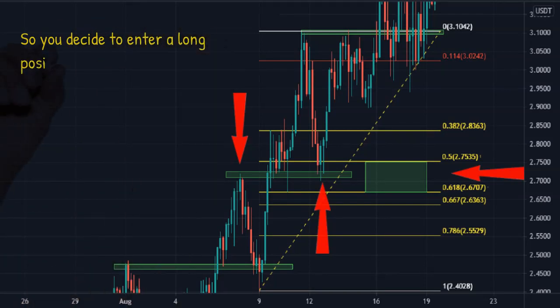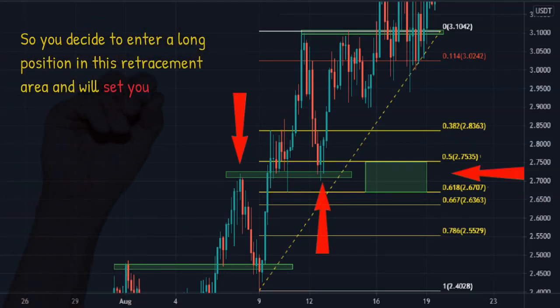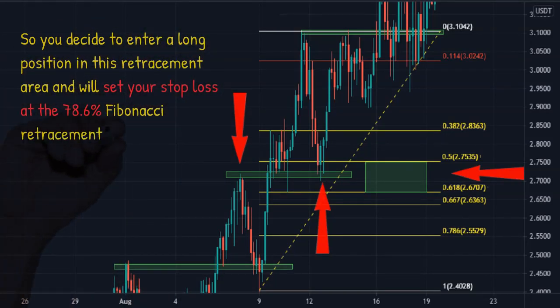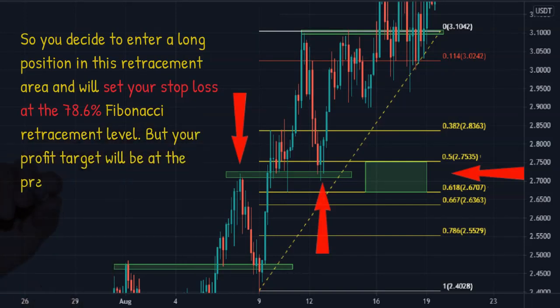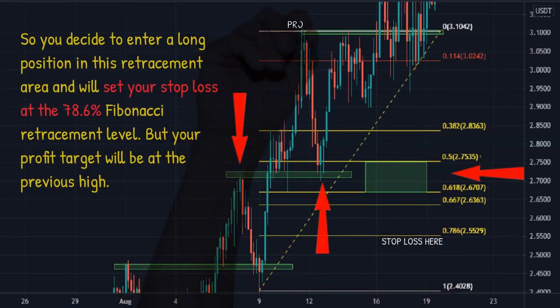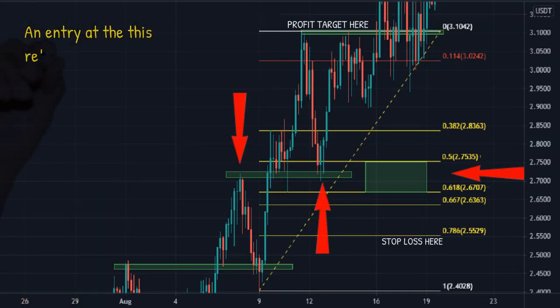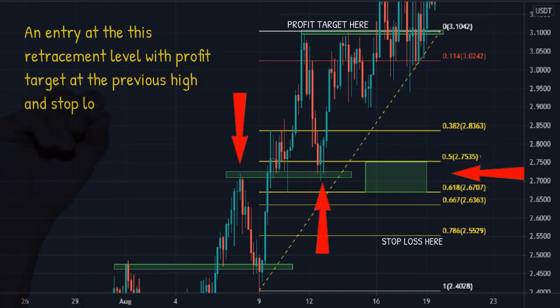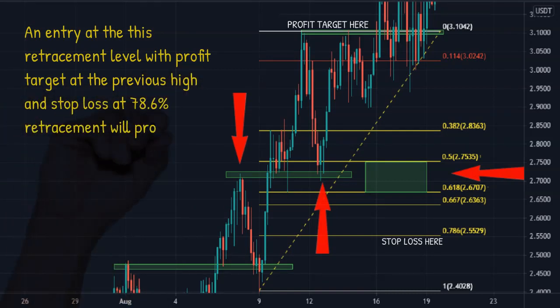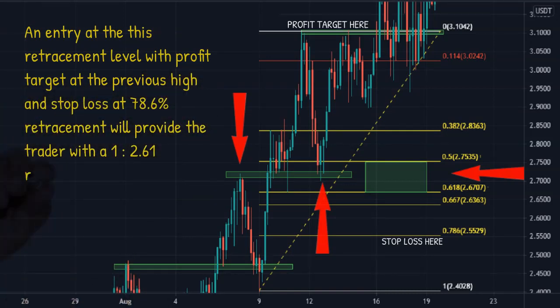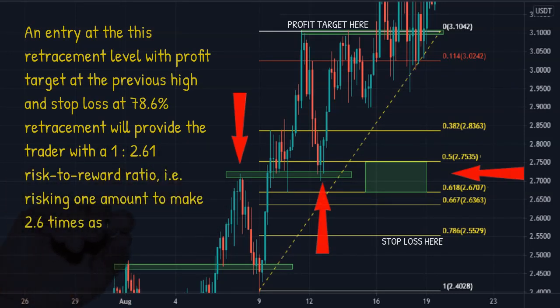So you decide to enter a long position in this retracement area and will set your stop loss at the 78.6% Fibonacci retracement level. But your profit target will be at the previous high. An entry at this retracement level, with profit target at the previous high, and stop loss at 78.6% retracement, will provide the trader with a 1 to 2.61 risk to reward ratio, that is, risking one amount to make 2.6